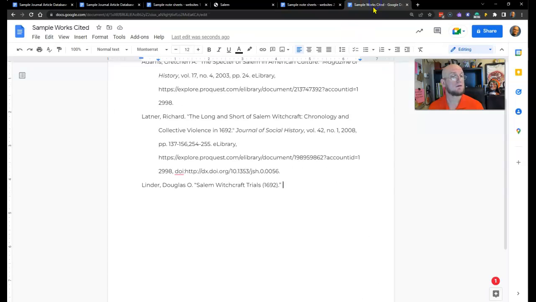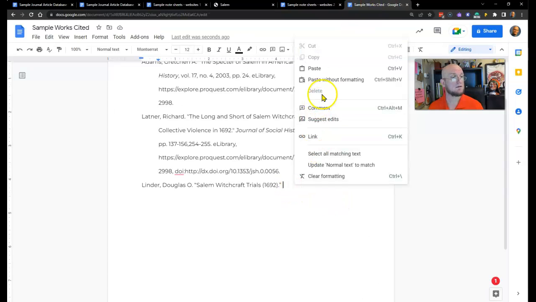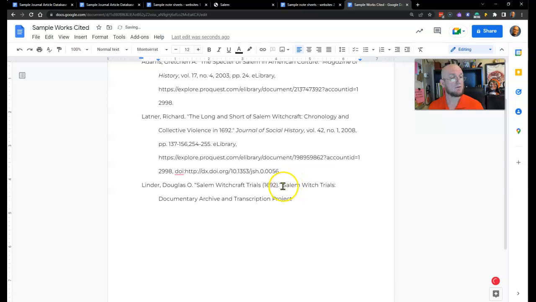Copy, and I'm going to paste that in. Now, I need that italicized the way I did here. Italics. And then you'll notice that after the title of the publication there is a comma. So put a comma and a space,